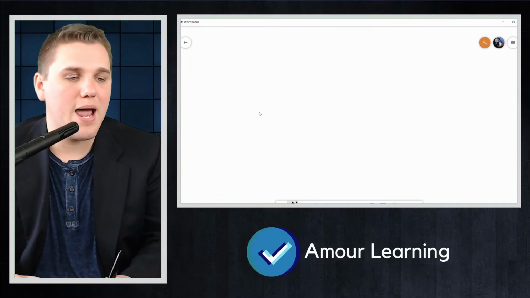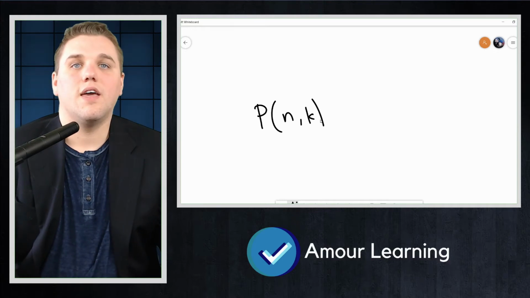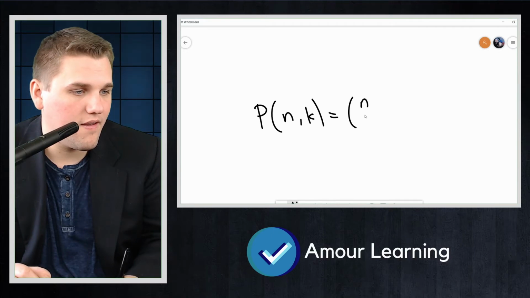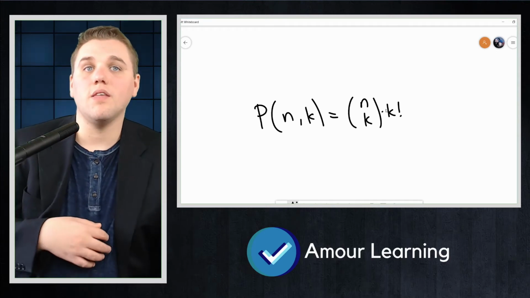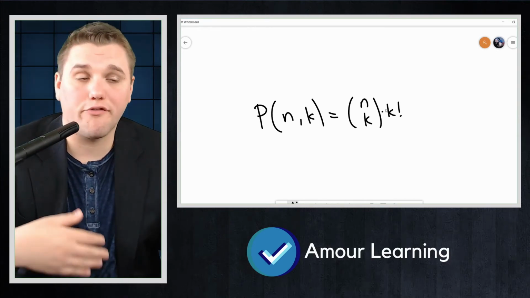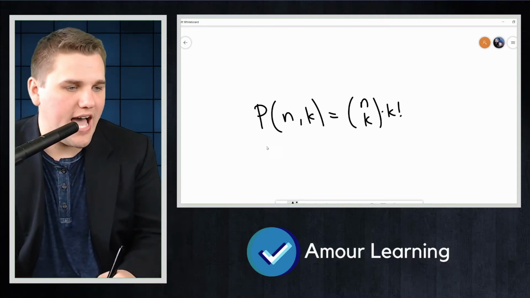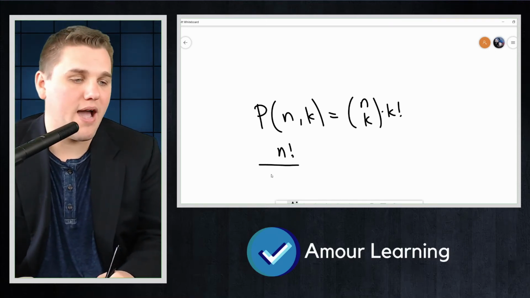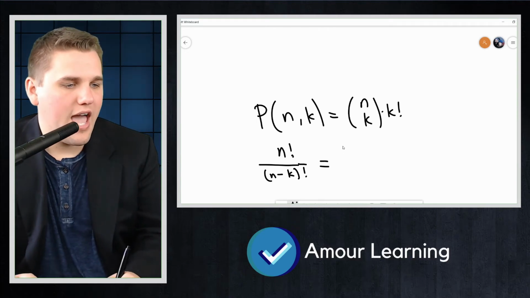This means that P(n,k) equals n choose k times k factorial. Now, since we have a closed formula for P(n,k) already, we can substitute that in. So that means that n factorial divided by (n minus k) factorial equals n choose k